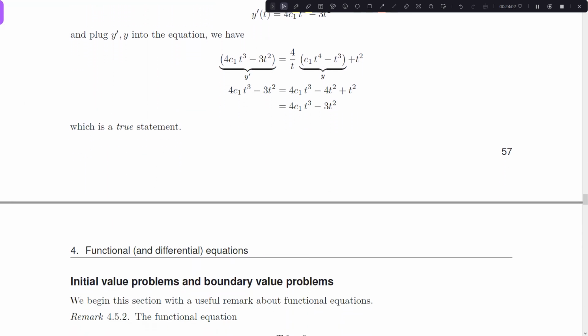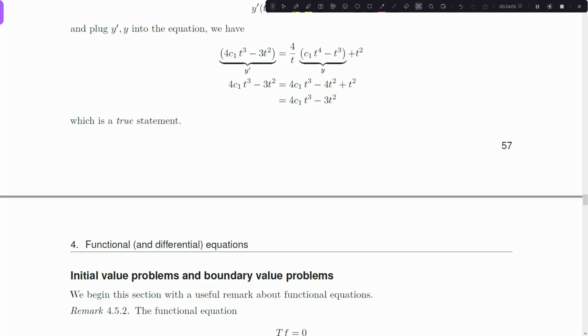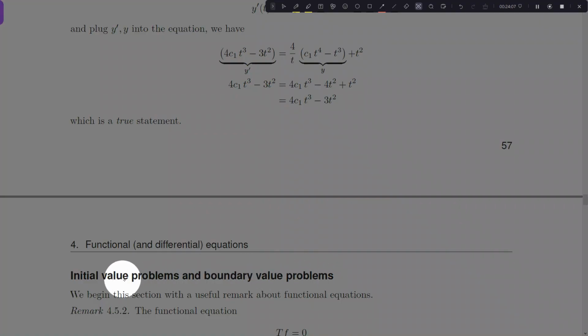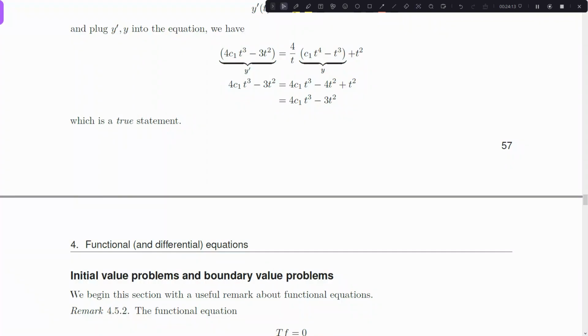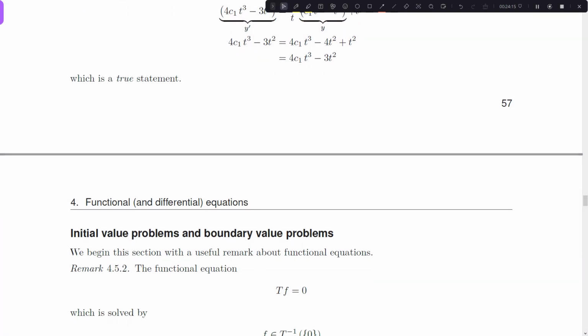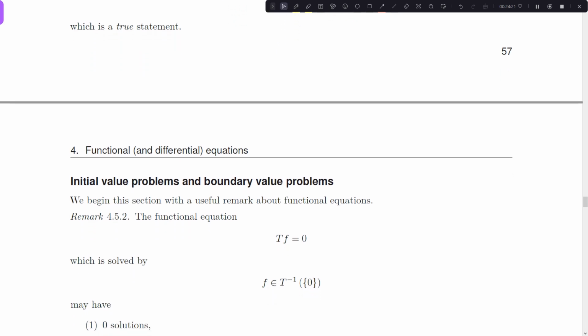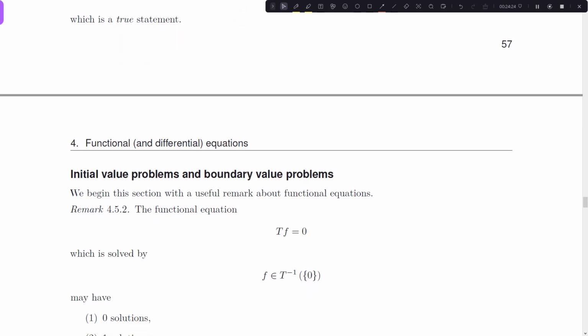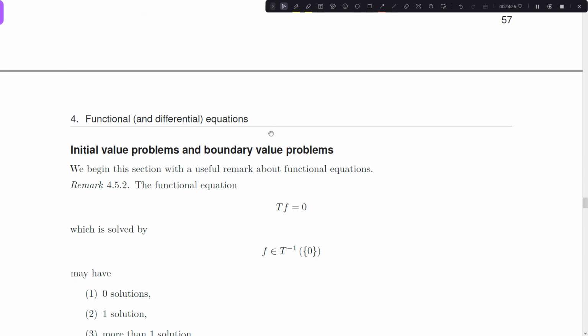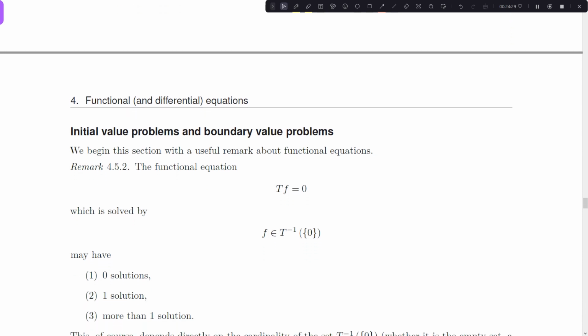So with this said, we have these special cases of problems of differential equations, and we call these initial value and boundary value problems. And I'm going to tell you why these are particularly useful problems. So if we look at this remark where a standard functional equation Tf equals 0 is solved by the preimage of the constant function 0 under T, then we already know, just based off of equations in general, we could